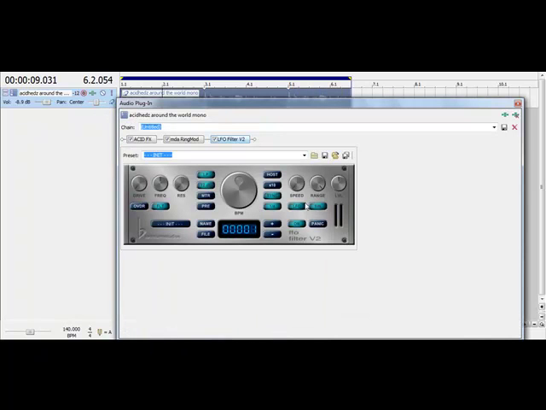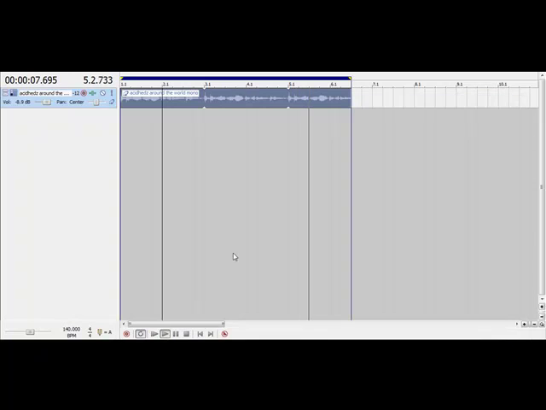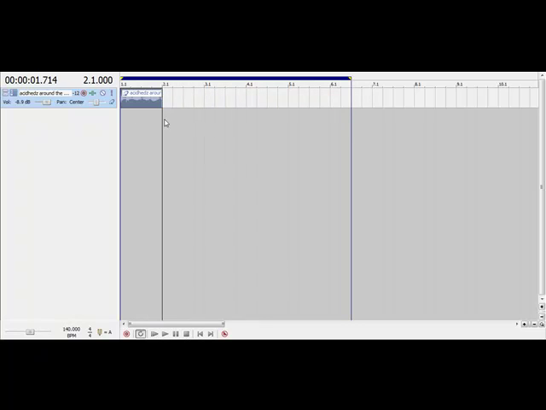If you want that to be even faster, you can sync it. Okay, I mean, if you want something kind of